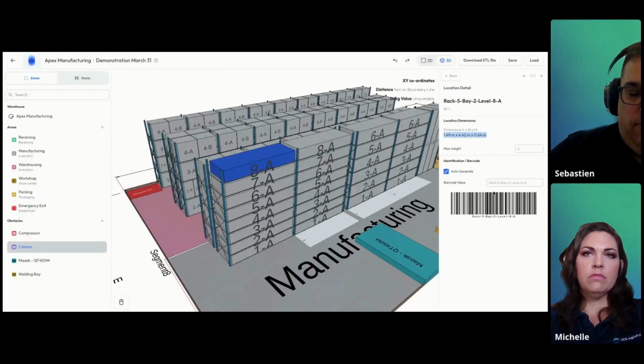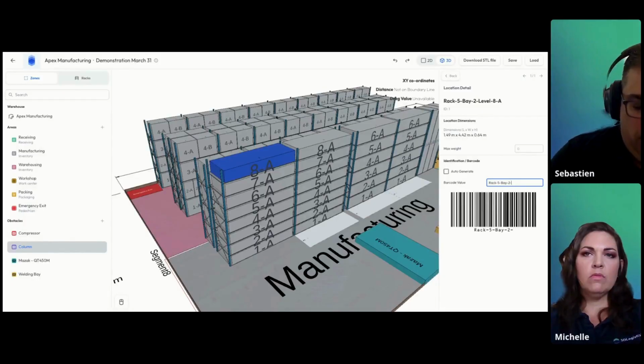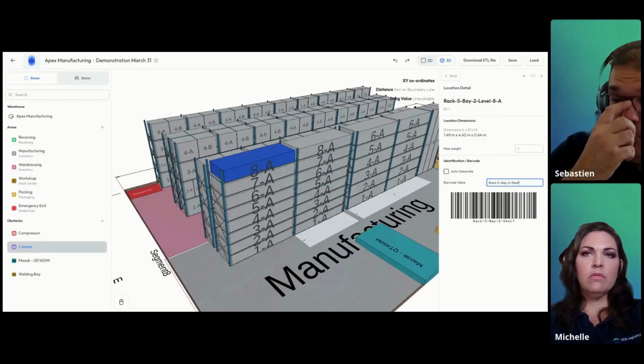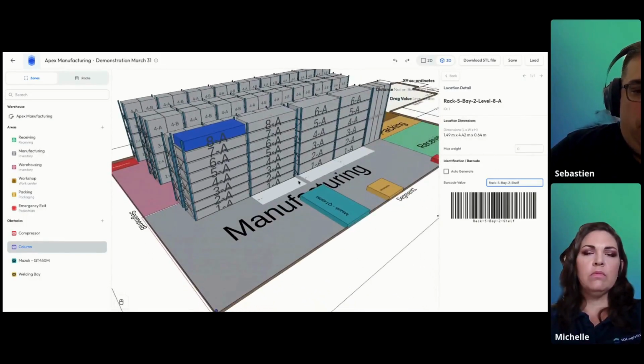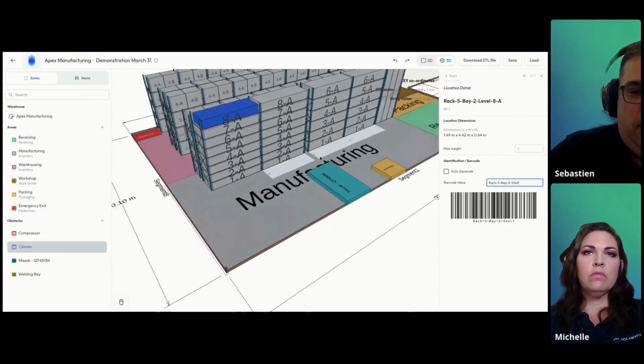And if I don't want to auto generate it, but I want something specific, I can simply unclick it and put whatever name that I want here. And you'll see the barcode adjust automatically. So fairly straightforward. Now, if I was to add a rack,